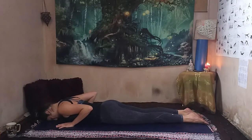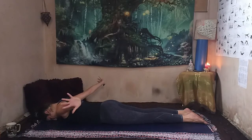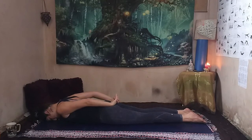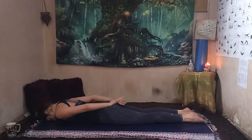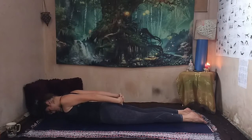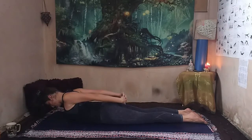Allow the forehead to rest on the mat. Take a nice deep breath in and out. And then inhale, we're going to reach the arms round to interlace behind the back again, just as we were before. And then from here, on your next inhale, you're just going to slowly lift the forehead and the chest very, very gently off of the ground as you're reaching back and drawing your shoulders back and down, shoulder blades in towards each other. And we'll just take 2 breaths here